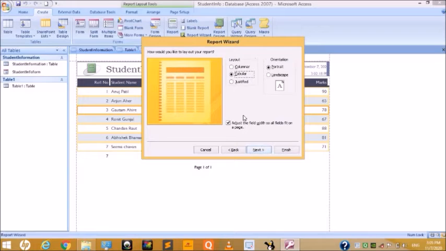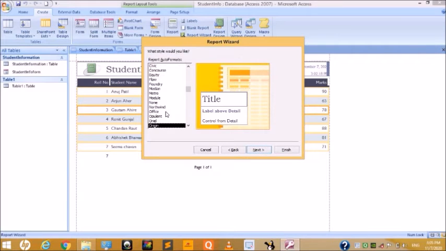Next, then here you have to choose the layout: columnar, tabular, justified, portrait or landscape. You can choose this columnar and the landscape. Then next, here also multiple types of design style. Here choose anyone that you want to add. Okay, so I choose this one.